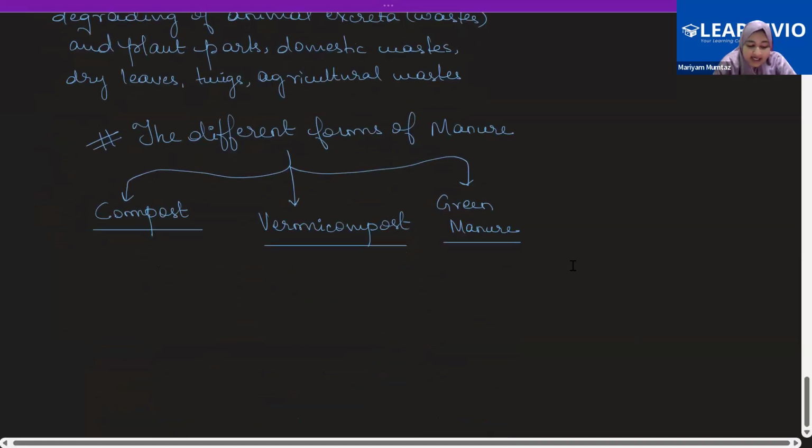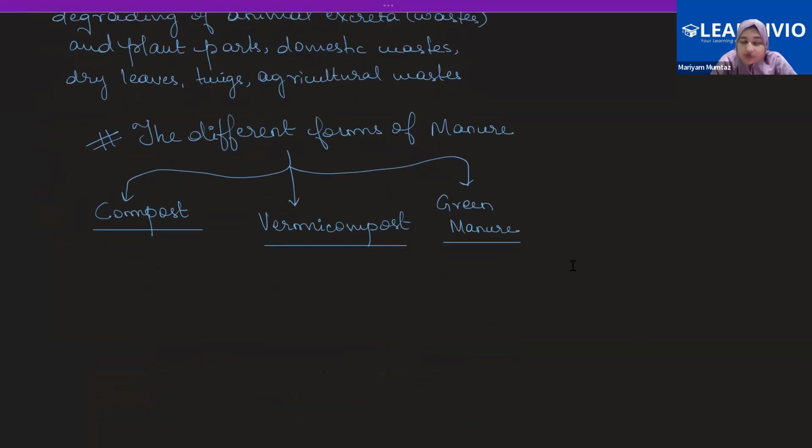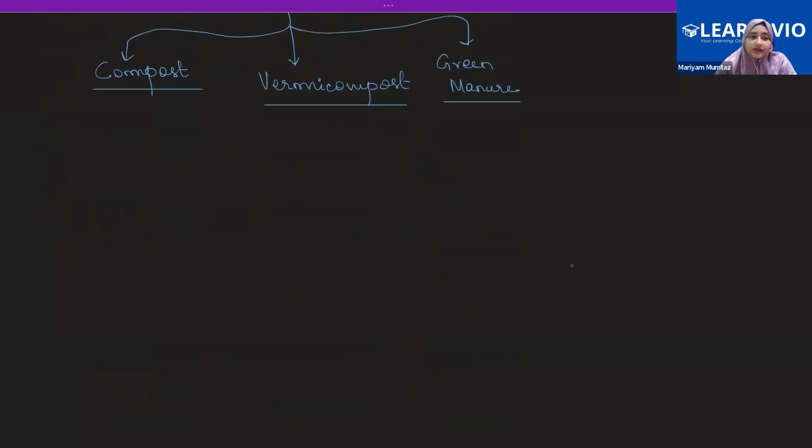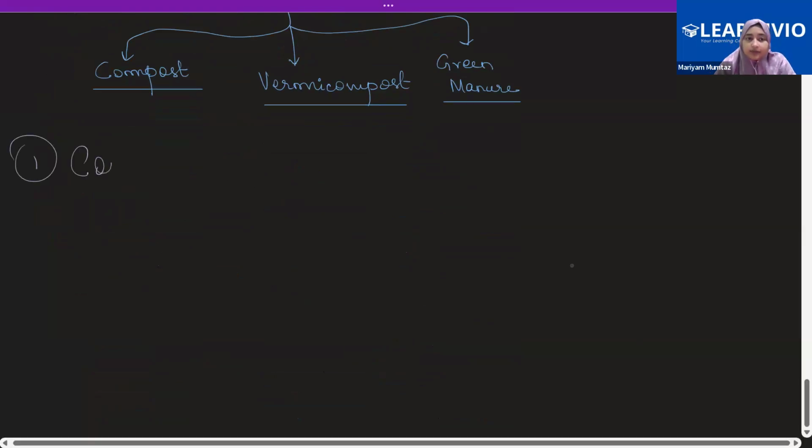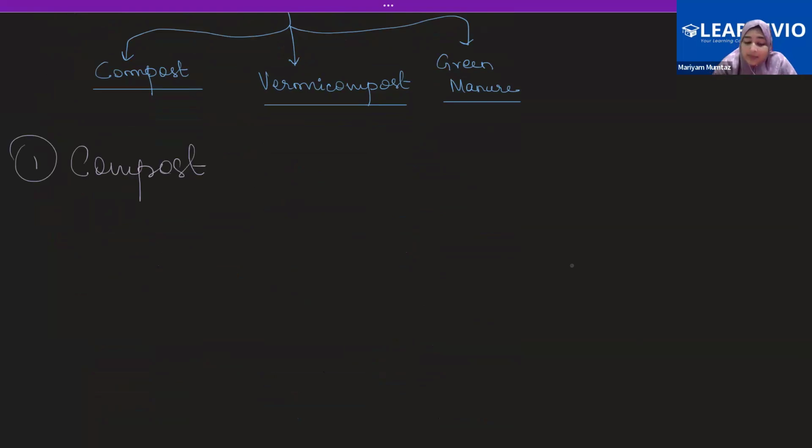Now we have seen that there are different forms of manure. When we talk about compost, vermicompost and green manure, these are the three different forms of manure. So first, today we're going to discuss compost. Compost is that type of manure wherein farm waste material, such as cow dung, fallen leaves, twigs of the plant, and then you have domestic waste, sewage, all of that,